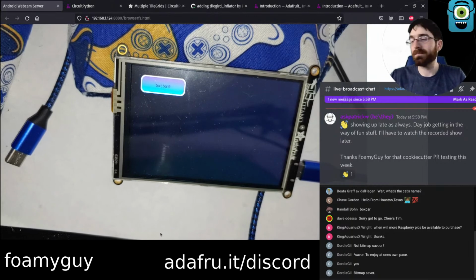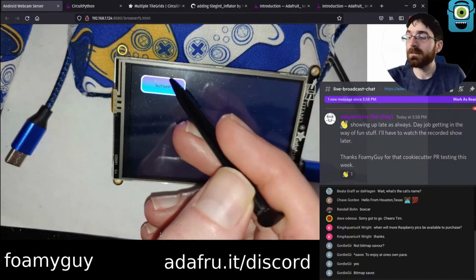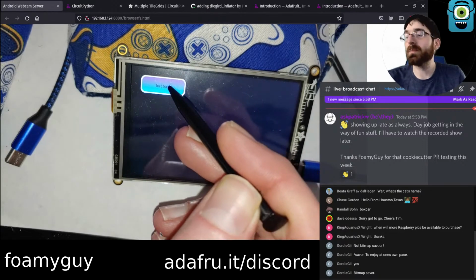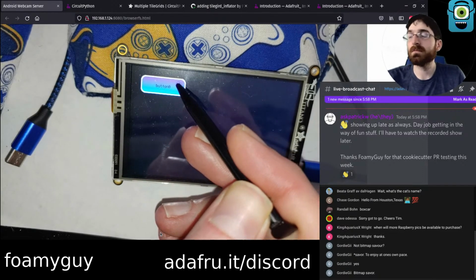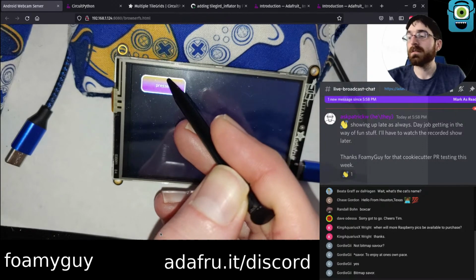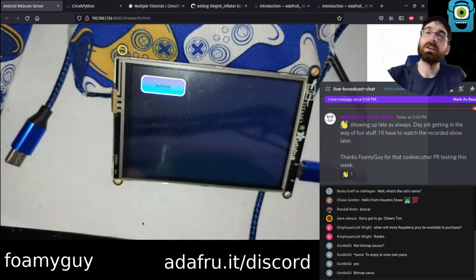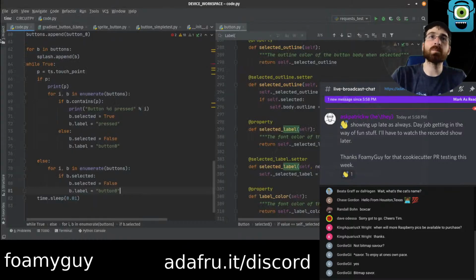There we go. Okay, white pressed, back to black, button 0. There we go. Nice. Okay. And so my sprite sheets for this, I don't know if I opened them before, but my sprite sheets are